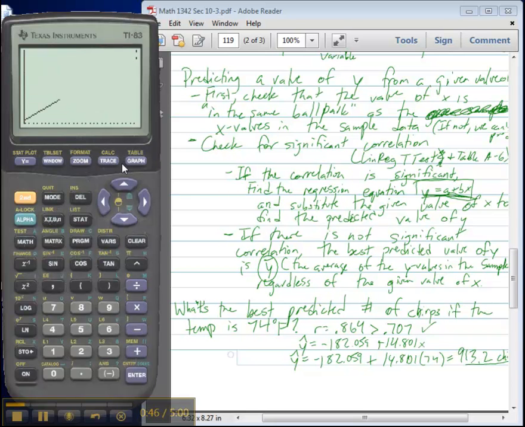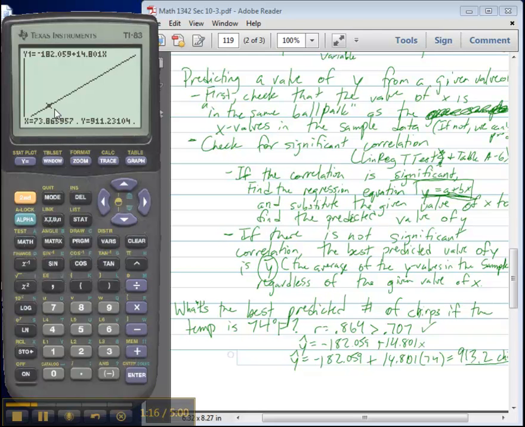And go back to that graph. All right, there's just the line then, without the points on it. And then we can do trace, and then find where 74 degrees would be. I'm just looking at the x values there until we get to 74. I'm just hitting the arrow keys to get over there. Let's see, 73.86, 74.15. So right in between those two, we get between 915.5 and 911.23, and our 913 chirps was right in there. So we're right in between those two points that we get by tracing along that line